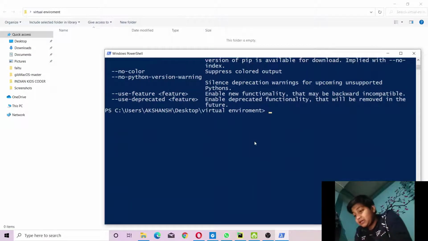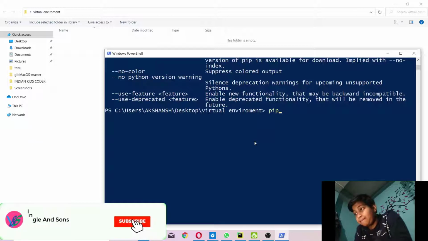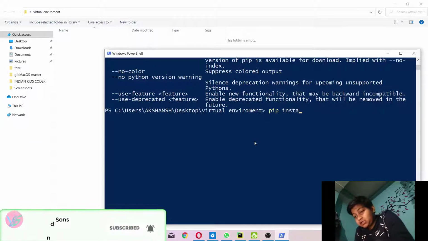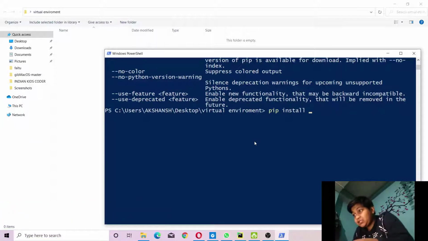Now to install virtualenv, I have to type pip install. We have to use this command, pip install, in order to install any package. Now pip install virtualenv. Remember, not virtual environment, it's virtualenv.